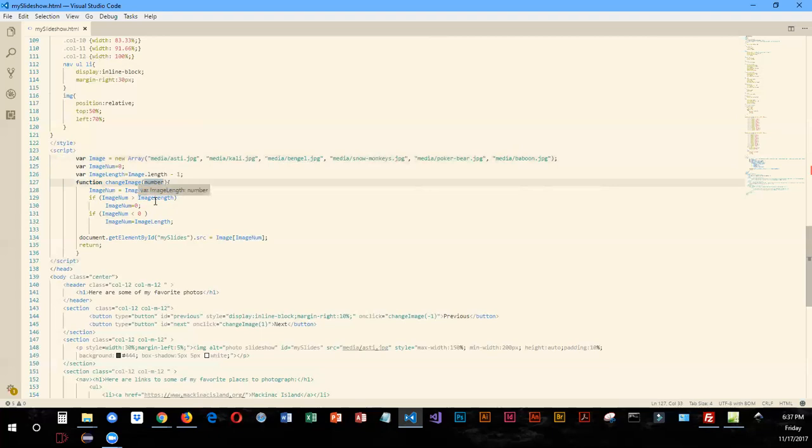Is 3 greater than 5? No. Is 3 less than 0? No. Okay, so 3 is a valid number. It would come down here, and basically it's going to subscript into our image array at position 3: 0, 1, 2, 3. So it's looking at the snow monkey. It's going to take that snow monkey image, and it is going to display it at the My Slide ID. And the My Slide ID just happens to be down here,